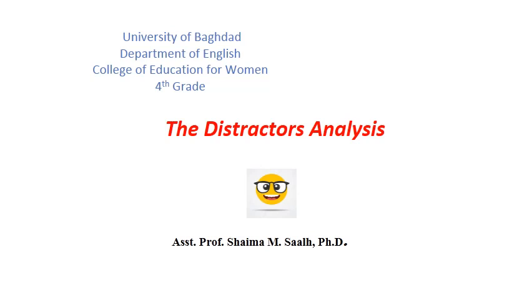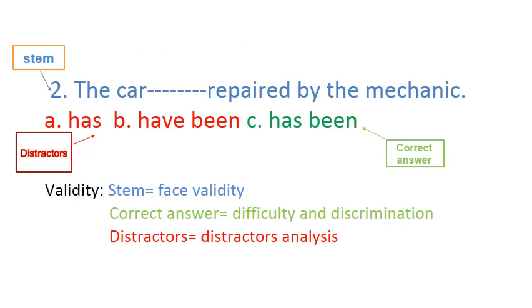Distractors analysis. Distractors analysis is concerned with the validity of multiple choice items. How can we decide the validity of a multiple choice item? Here we have this example. We have this item